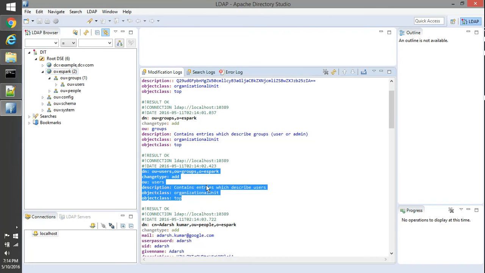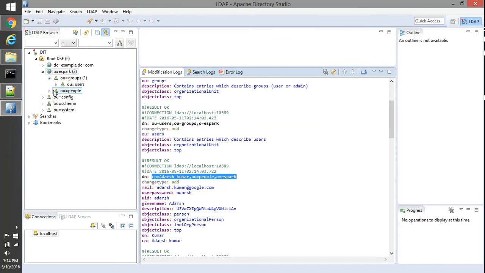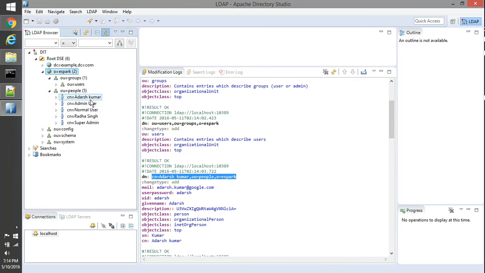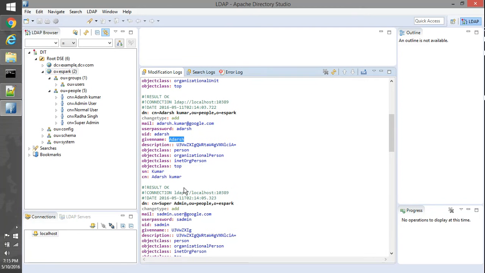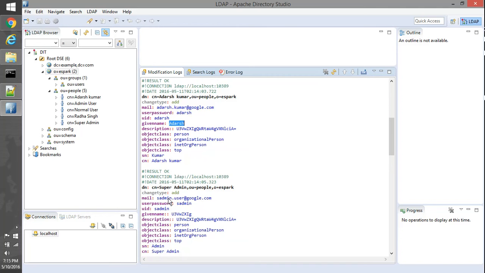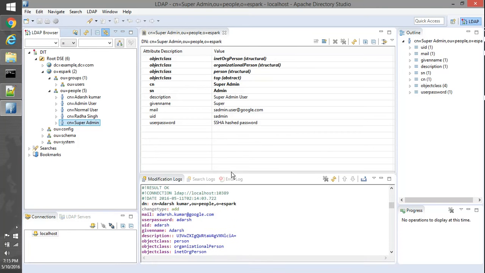Then we go into the people tab, where you can see the first one is Adarsh. It has included mail address, password, UID, everything. And then it has included a super user, this one. You can see the things here.